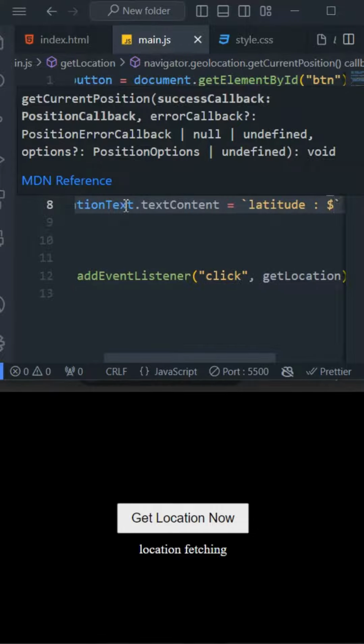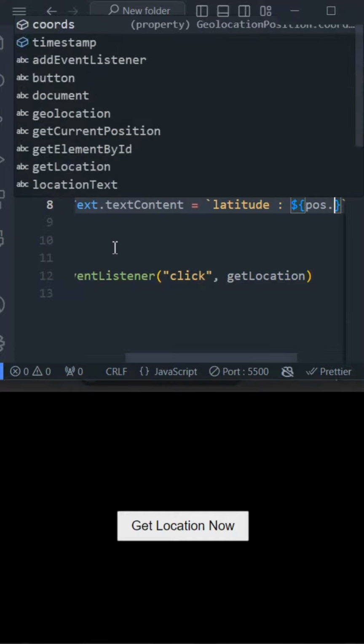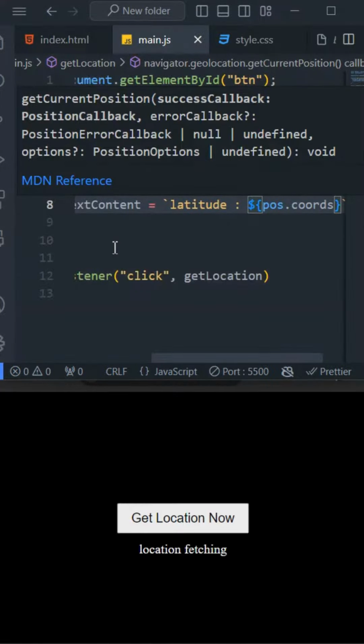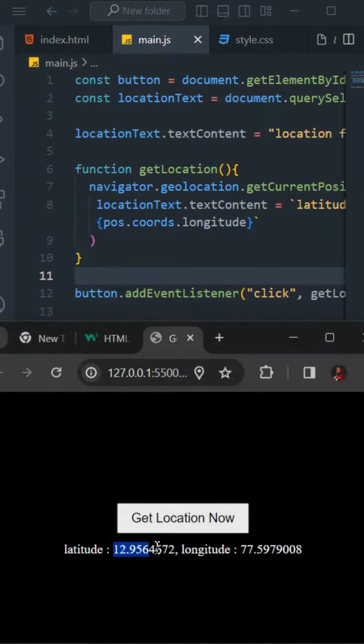I am selecting the p tag and assigning the coordinate values to the p tag using a template literal. Now when we click on it, the longitude and latitude will be displayed on the screen. Furthermore, you can use APIs to feed this longitude and latitude to get your